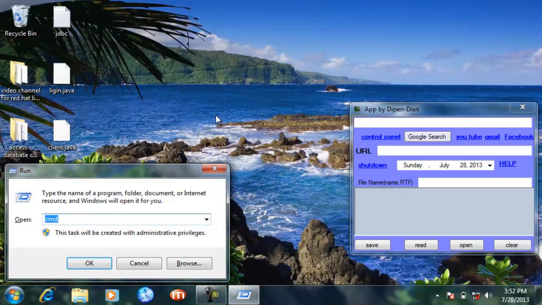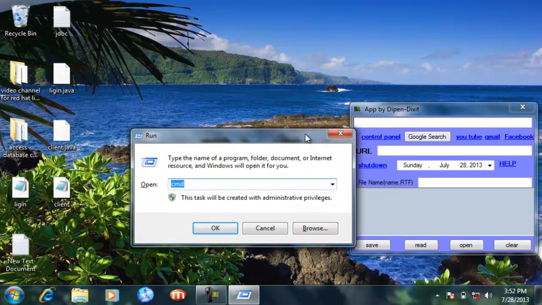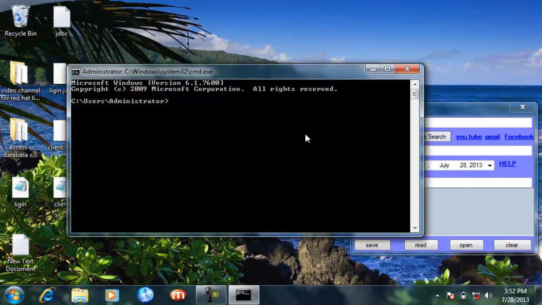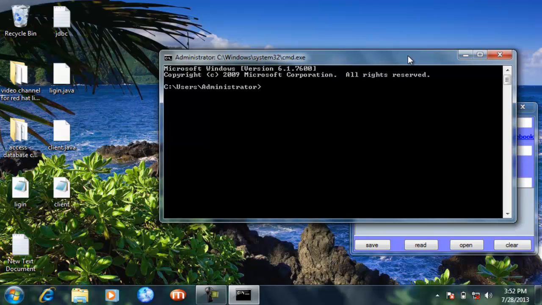Now let's see the Java application on which we are going to work. My Java application is on the desktop. One thing more: I have created notes of the SQL language, which is mainly related to Oracle.